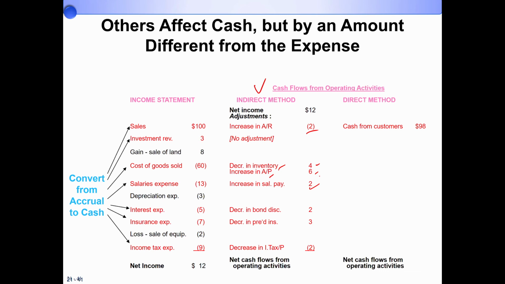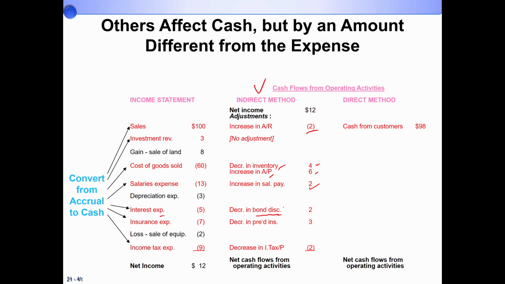How about the interest expense? Interest expense comes from the bonds. When you issue bonds, bondholders are paid interest periodically, every 6 months. And then we have the account we call the bonds discount, discount on bonds payable. What is discount on bonds payable? It is a contra